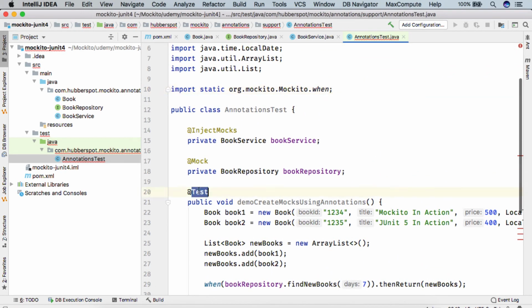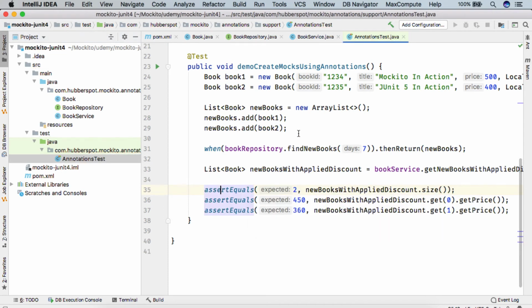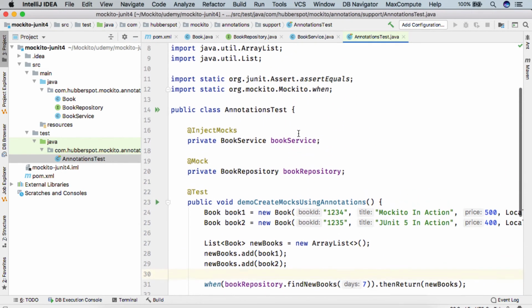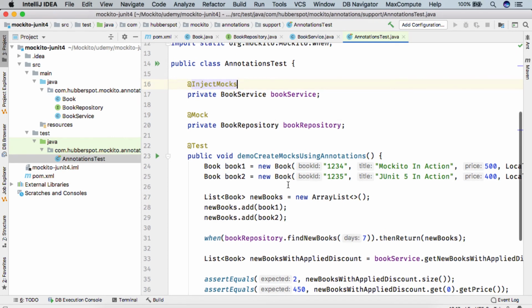We'll use @Test of JUnit 4, which is present in the package org.junit.Test, so we'll import it, and here we'll use assertEquals from org.junit.Assert, which is part of JUnit 4. So friends, here you can see that all the compilation errors are gone.